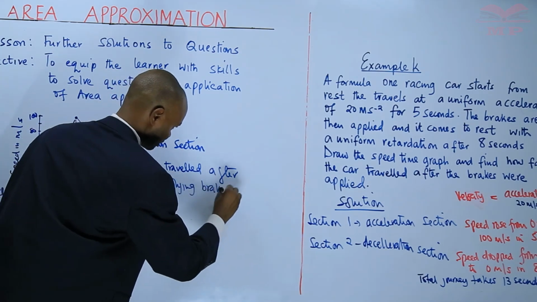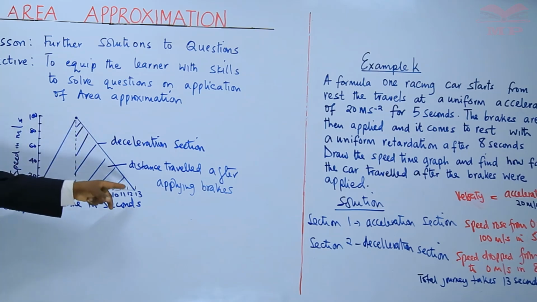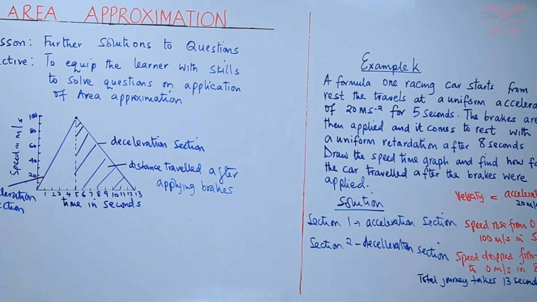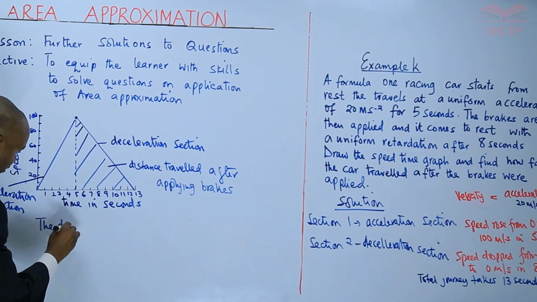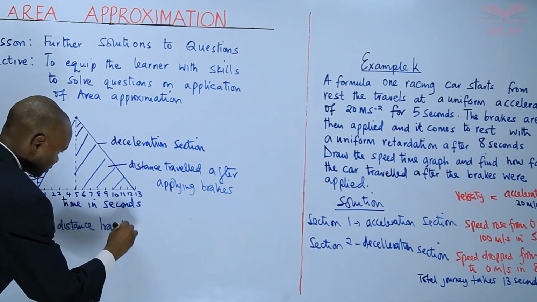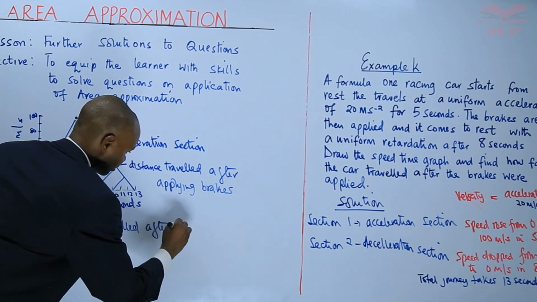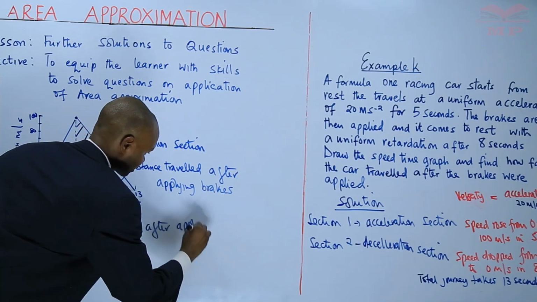So learner, that is what we get. The speed dropped from 100 to 0. So the distance traveled after applying brakes